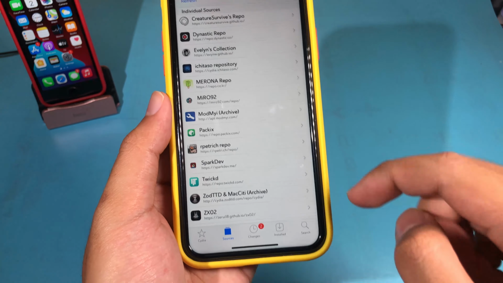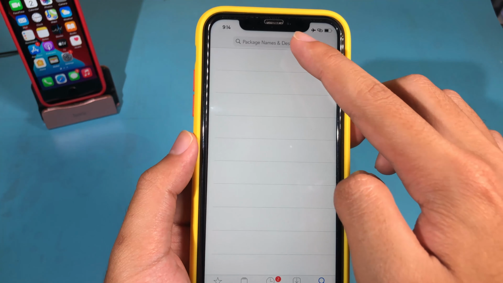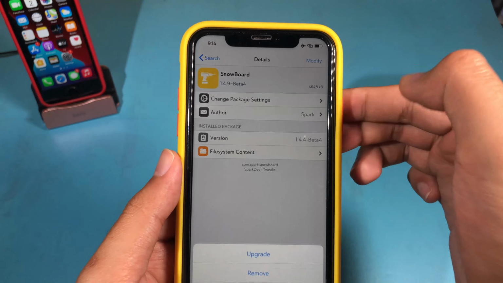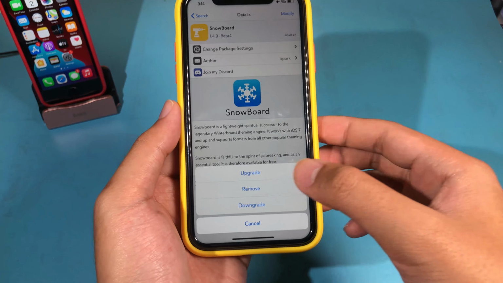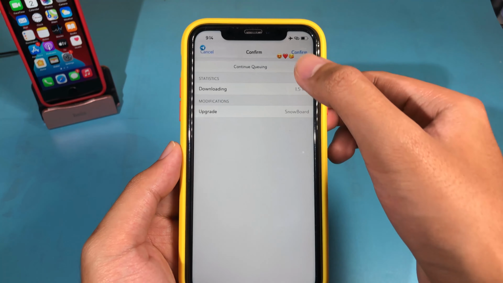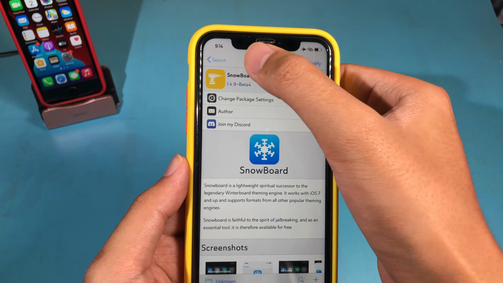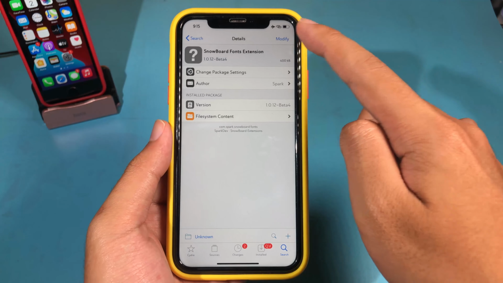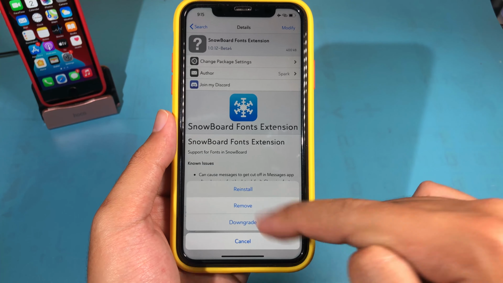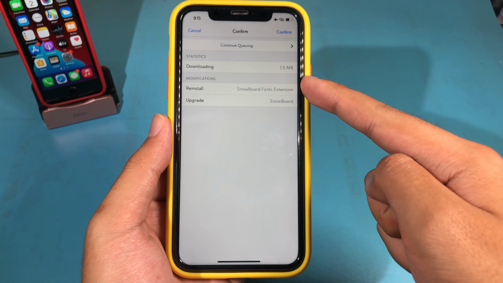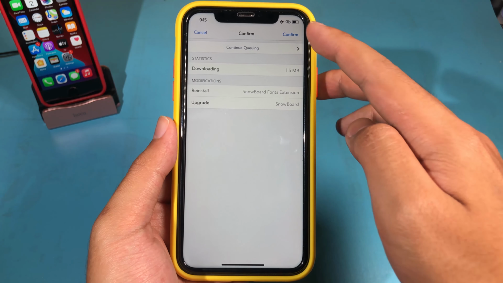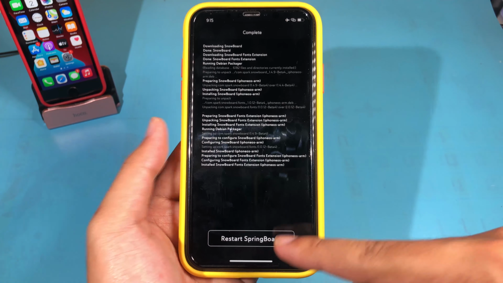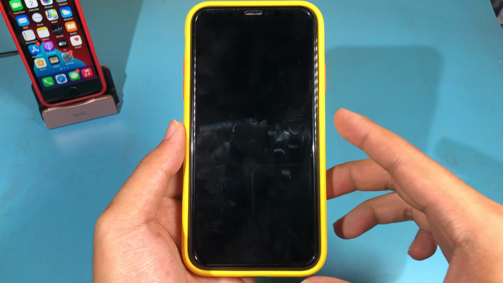I can go ahead and search for Snowboard. So you need to have Snowboard. Now hit on modify, and I have already installed it, so now I can just upgrade. Hit on continue, and now you need to install Snowboard Font Extension, and now hit on modify again. Now I can reinstall it. So you can see these two tweaks that you need to install. Now hit on confirm. Now it is done. I can restart my phone,